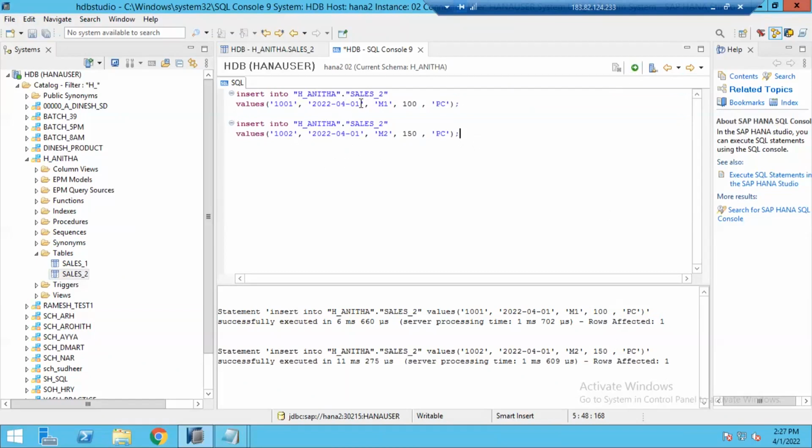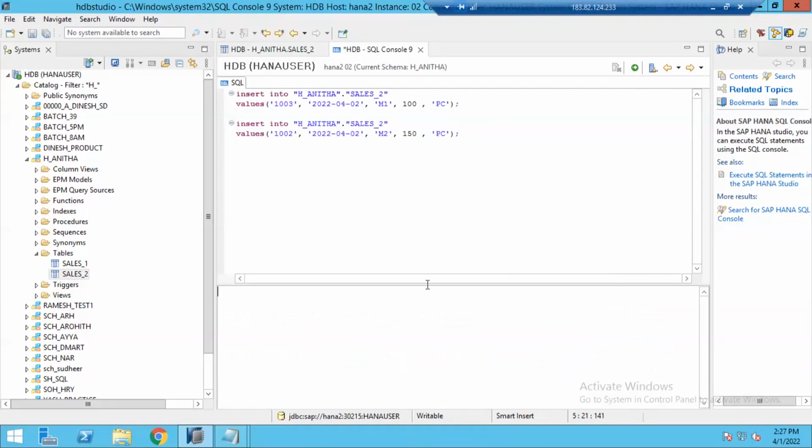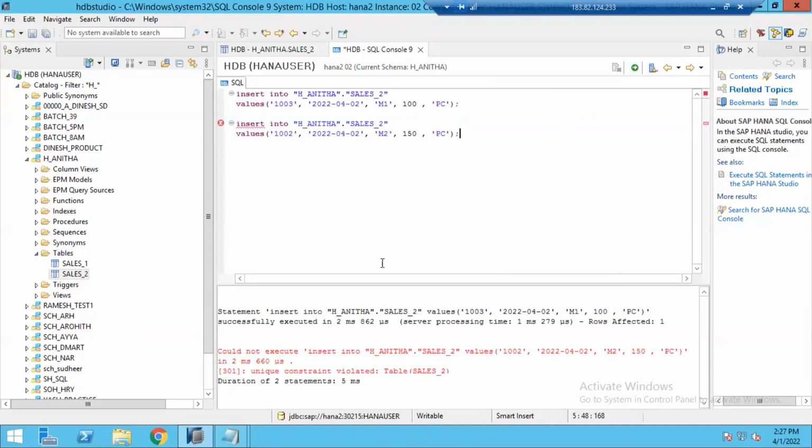So what I'm going to do is, now I'm changing my date here, giving 1003 date, changing date, and 1004 and changing date. Okay, now I have two statements on my command prompt. I'm not selecting anything, just simply clearing this space here, log. If I execute here, what will happen is the system will execute from the start of the command prompt till the end. So what will happen here? You see now,